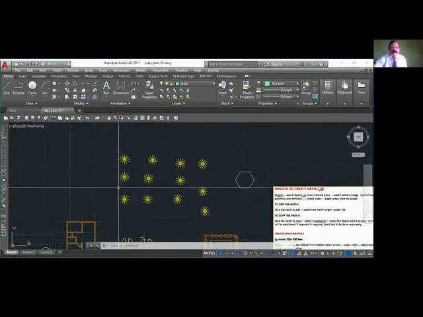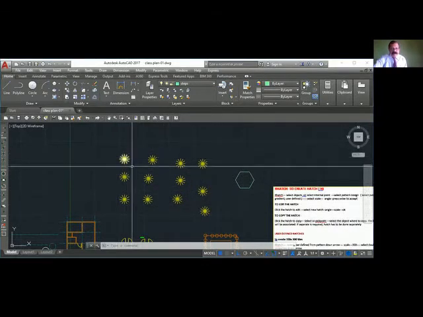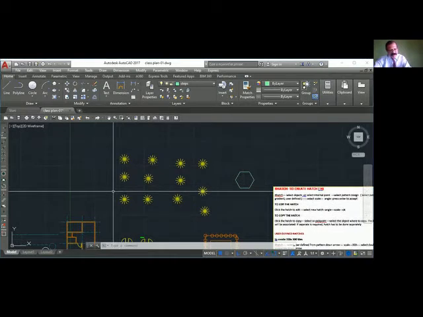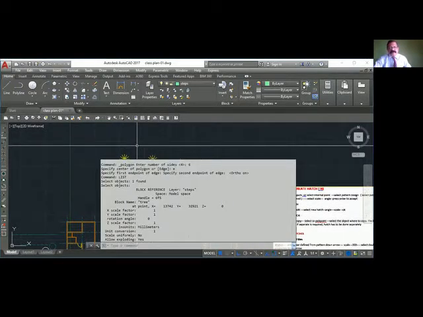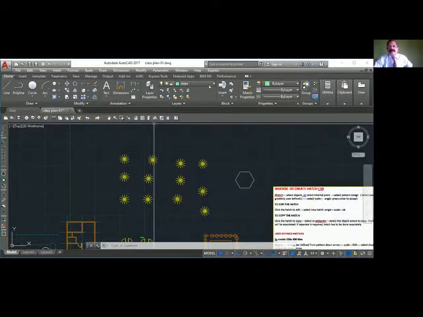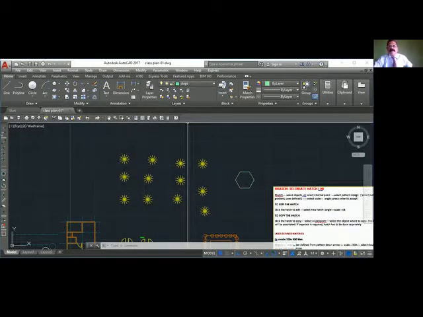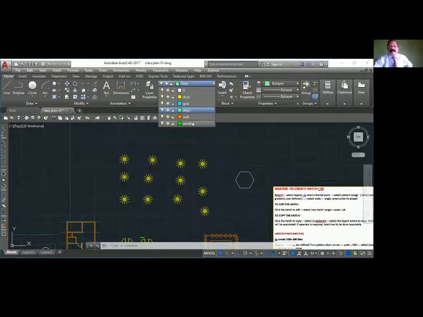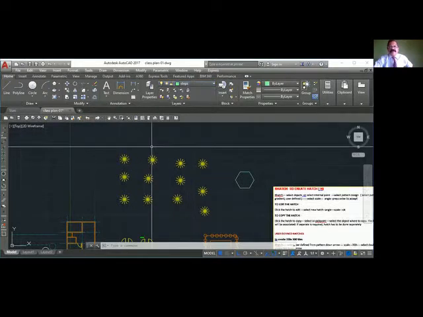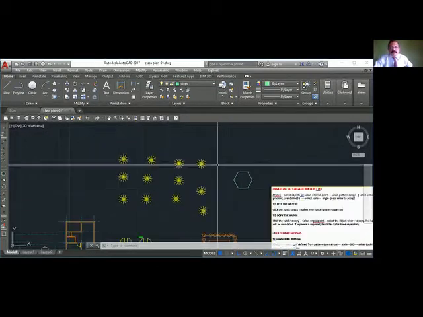Okay. So you know the name of this is tree. If you forget, you can just type list like this. So it gives you the name. The block name is tree. Okay. So you are in the step layer. You inserted this in the step layer. You should be very careful, it should be in the same layer. We have not created any layer for the trees, so it's okay now, no problem.